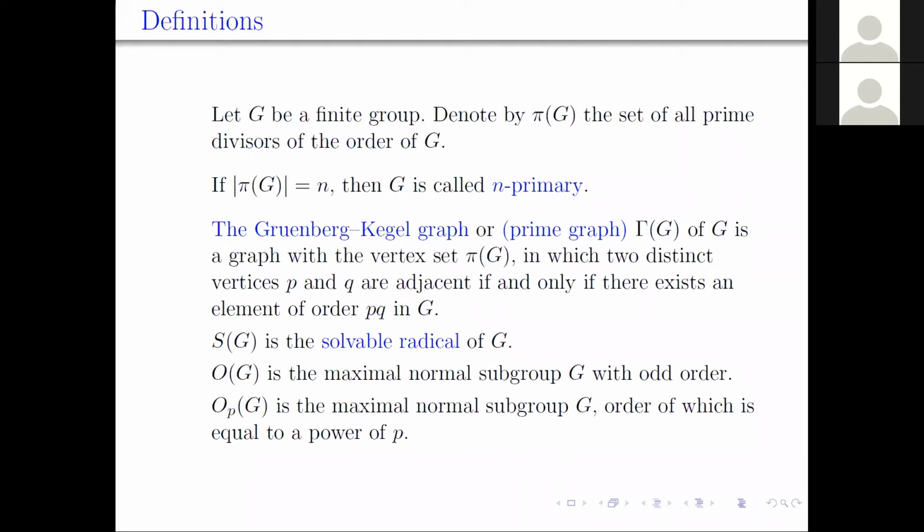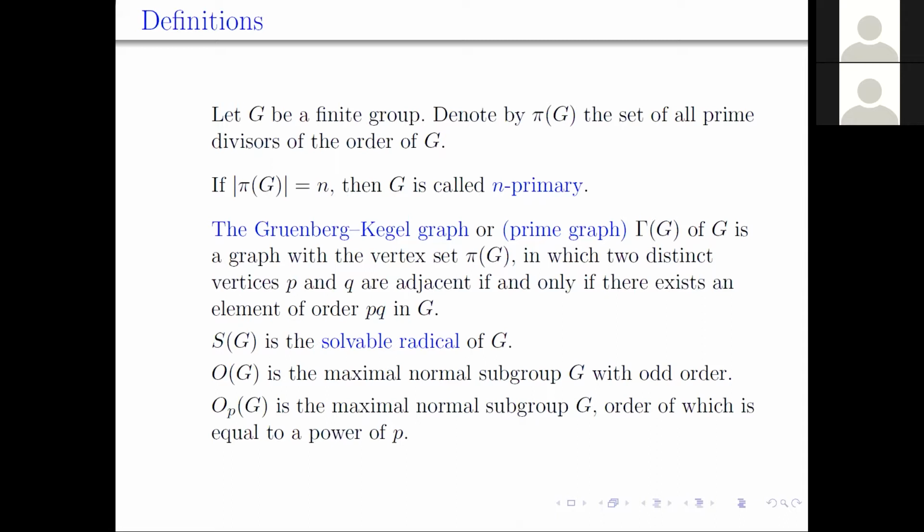The Gruenberg-Kegel graph, or prime graph, gamma(G) is a graph with vertex set pi(G) in which two distinct vertices P and Q are adjacent if and only if there exists an element of order PQ in G. The next block of definitions is about different types of